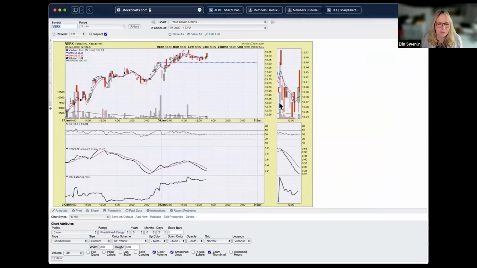What we want to do on a 5-minute candle is look for the 5-minute PMO to give us a crossover and have that in conjunction with a positive RSI. When those conditions are met, that is a conservative buy point. And you can see if you'd taken that conservative buy point here, that would have put you in right about there, even before the breakout, and obviously lower than what our price is now.